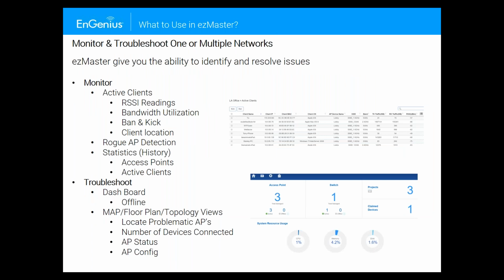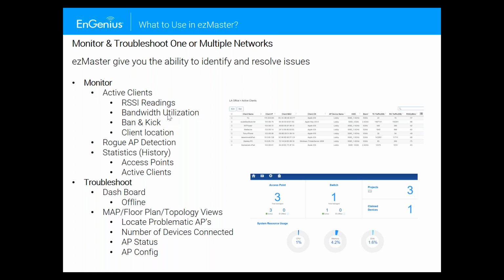What else do you use EasyMaster for? You obviously want to monitor and troubleshoot. It could be one network or multiple networks. A lot of our customers use these particular features within EasyMaster. If you want to monitor, you can monitor active clients, down to signal strength or RSSI readings.